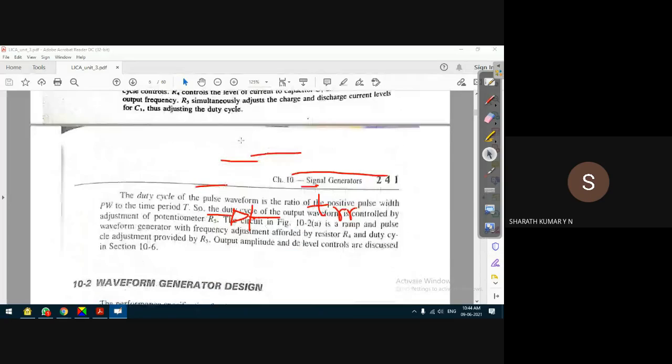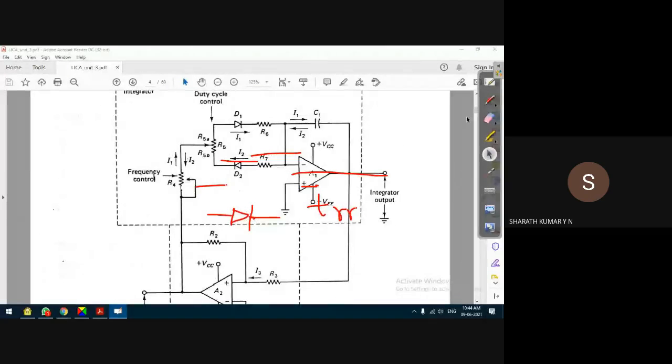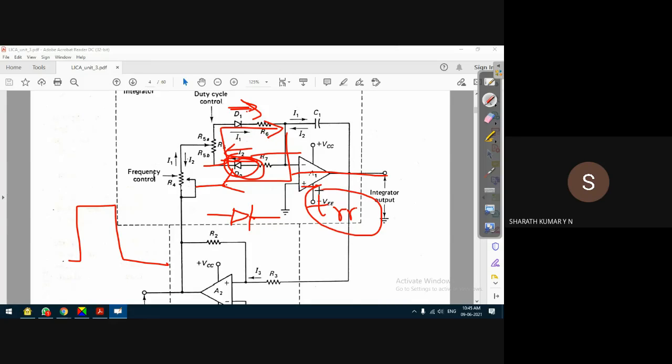This reverse recovery time matters when the diode is reverse biased, because if you observe this circuit, while charging, D1 is forward biased, while discharging, D2 is forward biased. When D1 is forward biased, D2 will be in the reverse bias condition. When the output goes from one cycle to another cycle, current will reverse. For charging, I1 is the current, discharging, I2 is the current. When the current reverses, the diode which was in the reverse bias condition should immediately switch back to forward conduction mode. The time required to switch from off condition to on condition should be very, very less.